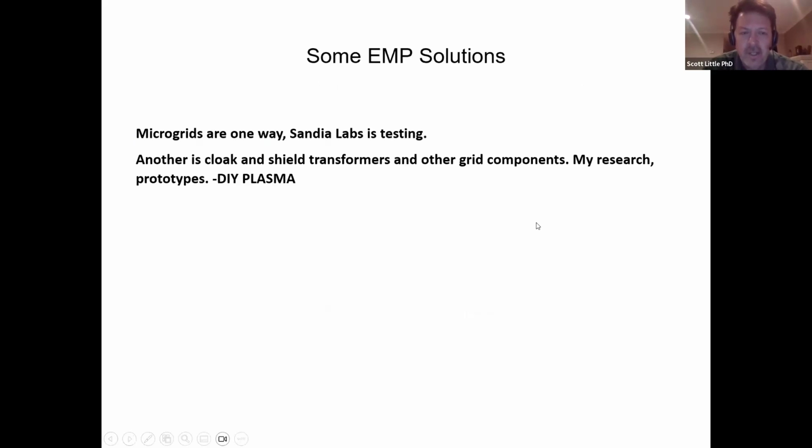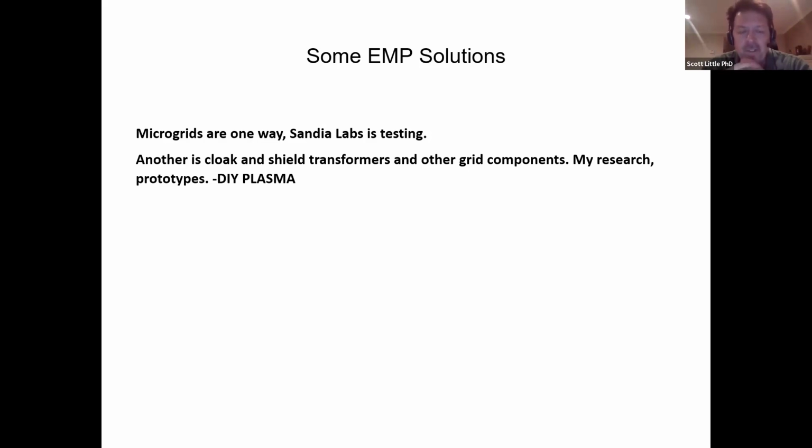So that's kind of that. So what are we doing about all this stuff, or what are we trying to do? Well, microgrids is one way. If you're familiar with a microgrid, that's where we're doing little grids within a certain neighborhood where people are producing their own energy by solar panels or whatever else they're using. If one shuts down, there are still a bunch of microgrids to make up the difference in the area, so it localizes the effects much more.